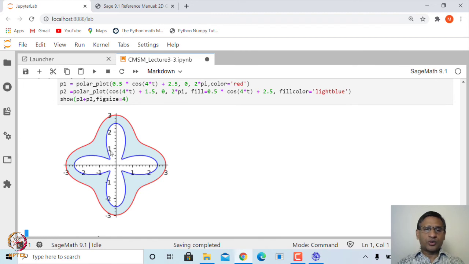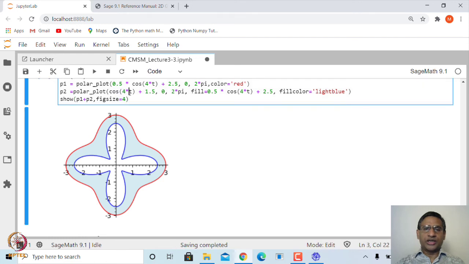So, you have one blue curve and one red curve, and the red one is for example graph of the polar function r is equal to 0.5 into cos 4 t plus 2.5, and the blue one which is inside, that is actually cos 4 t plus 1.5. So, it is actually just shifted, and then there is a filling. So, the two curves in between are filled, and the filling color is light blue, that is what it means.